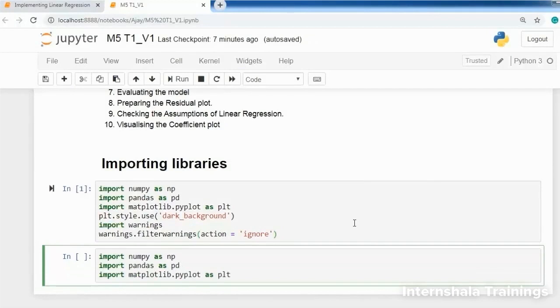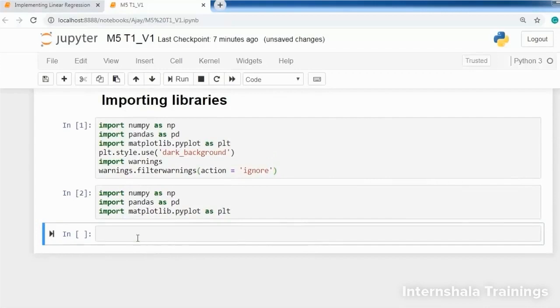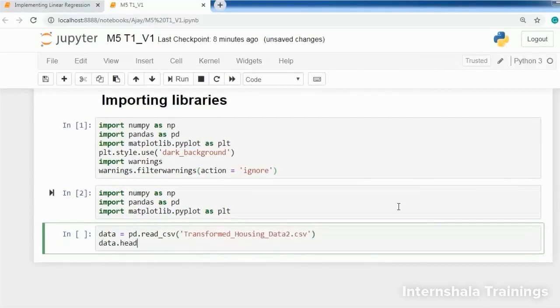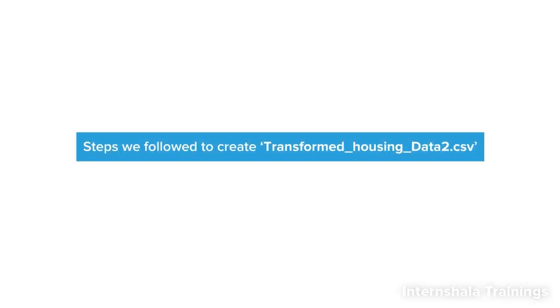We start by importing the necessary numpy, pandas and matplotlib.pyplot libraries as always. Next, we are importing the dataset transformed_housing_data2.csv as data with the help of pandas.read_csv function. Now, if you remember,